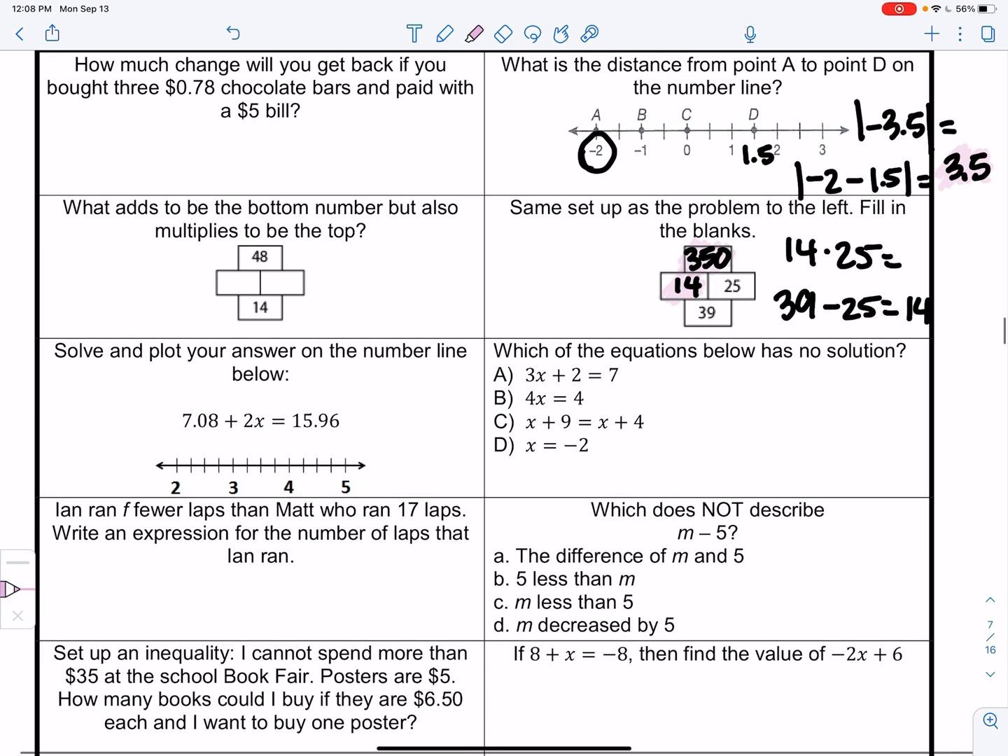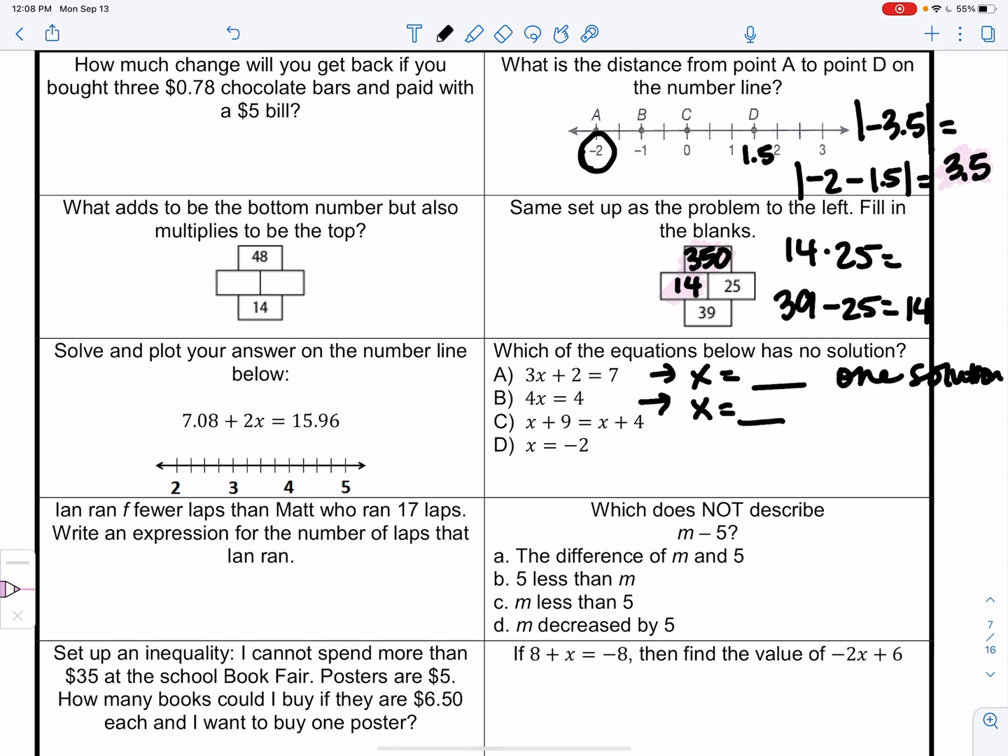All right, moving on. Which of the equations below has no solution? So no solution means that it's going to end up giving you a false statement at the end. So when I solve A, I only have one variable, so I know I'm going to end up with x equaling something. That's one solution. Same thing here. I only have one variable, one x, so x is going to equal something. That's also one solution. Here, I already have my x equals something, so that's one solution, which only leaves this